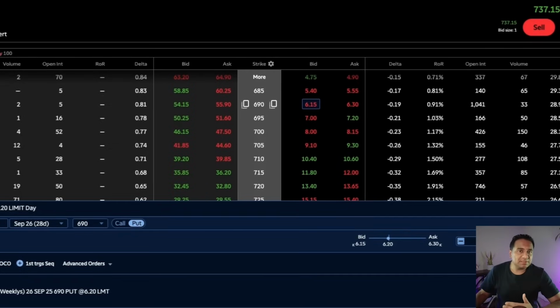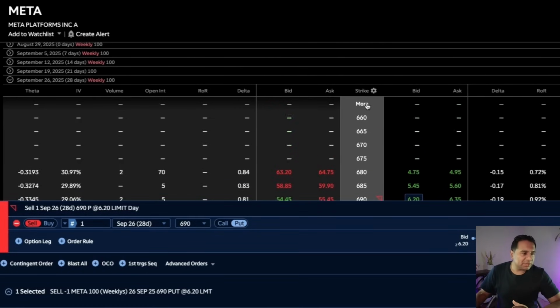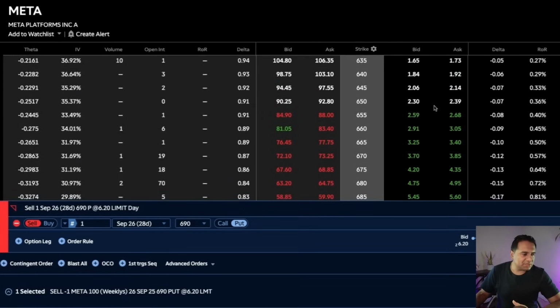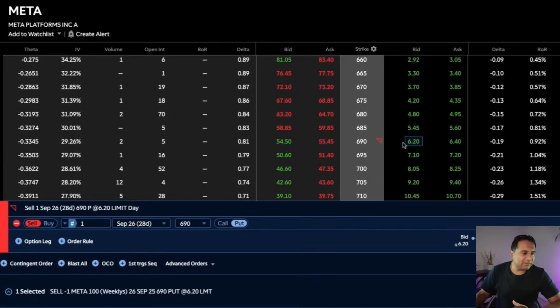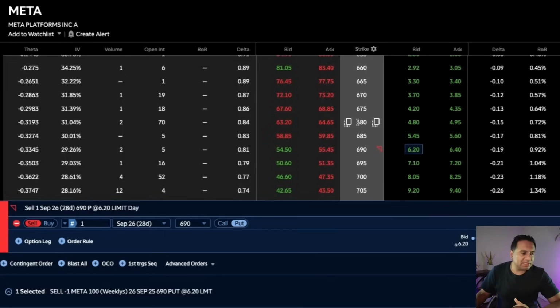Even people who have a decent size account, it's a lot to put up $70,000 just to sell one put option on a stock. So again, it's probably not the best utilization of your cash. So keeping all of those things in mind, what we could do is expand this options chain, and we right now have the 690 put selected. If I go up 10 strike prices and click on the ask right here,